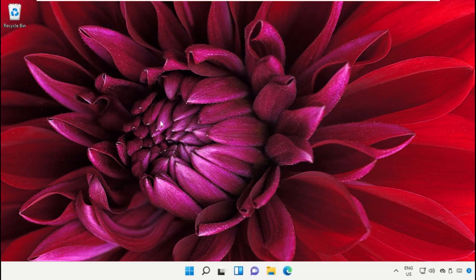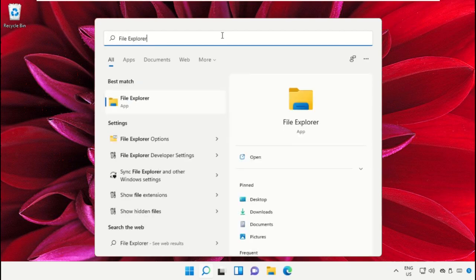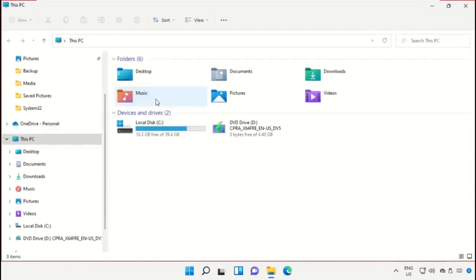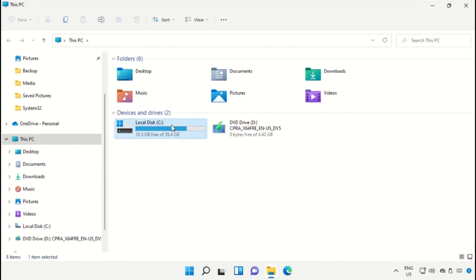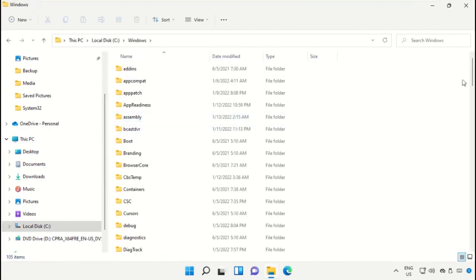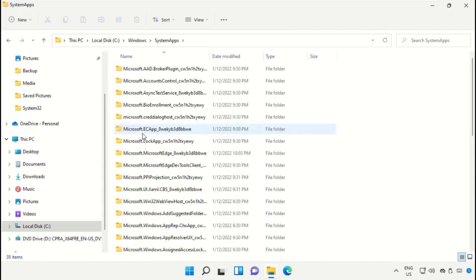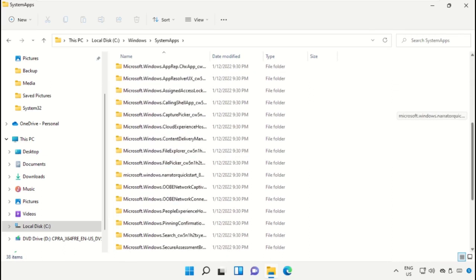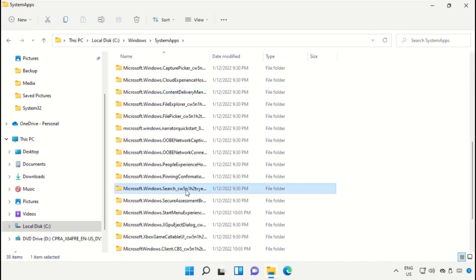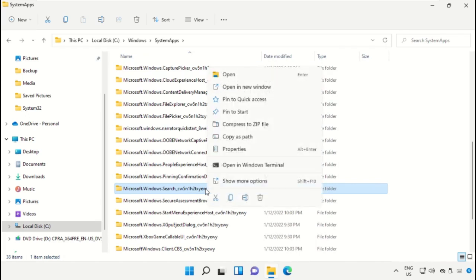Once done, again go to search bar and type File Explorer, click here to open it. Go to C drive, then go to Windows folder, scroll down, go to SystemApps folder, again scroll down and select this file. It is the Microsoft Windows Search file, and